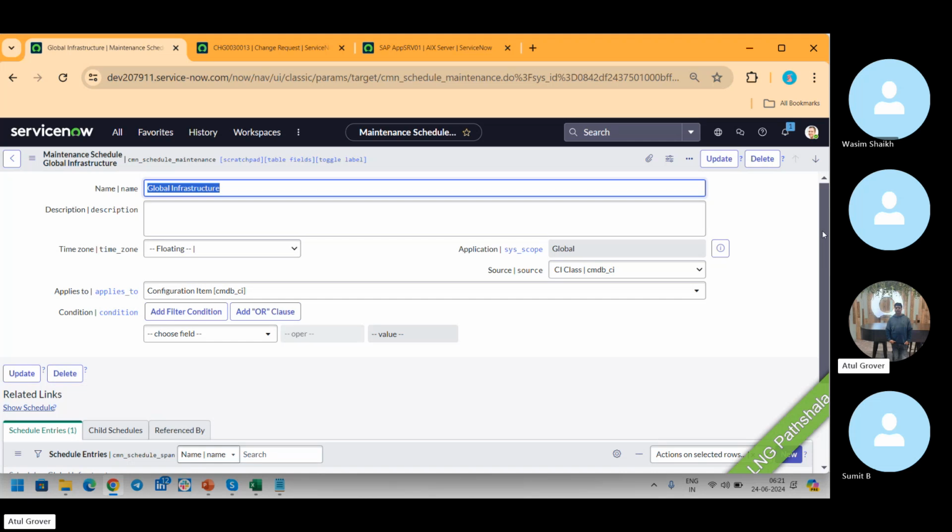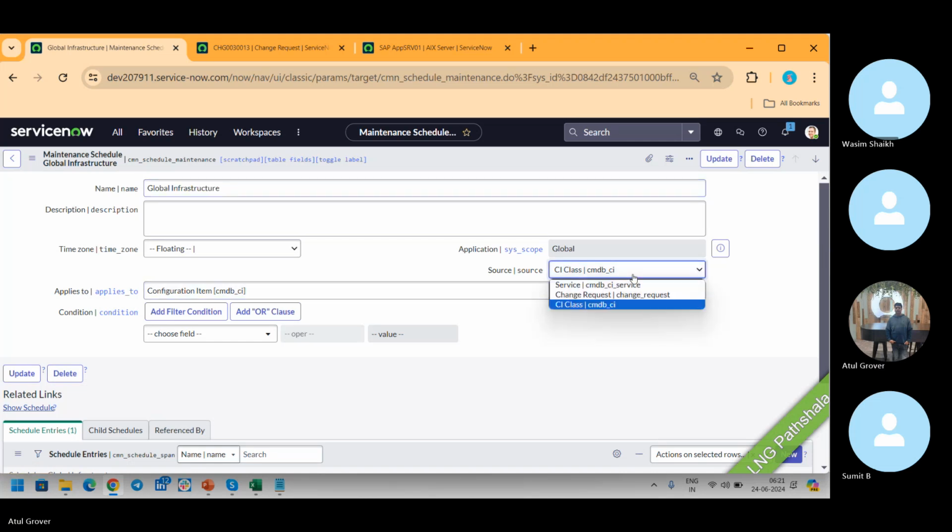that I can put a maintenance window on the three sources, either on the service level. On the service level I can put it कि भैया इस सर्विस पे changes will not go in the production on this time. I can put the maintenance window for any type of changes, change request. जैसे किसी ने change request raise किया, नहीं, you can't deploy the changes if it is not fitting my timings. Or